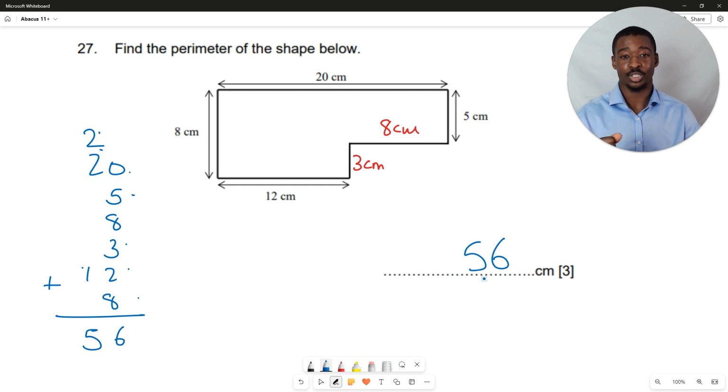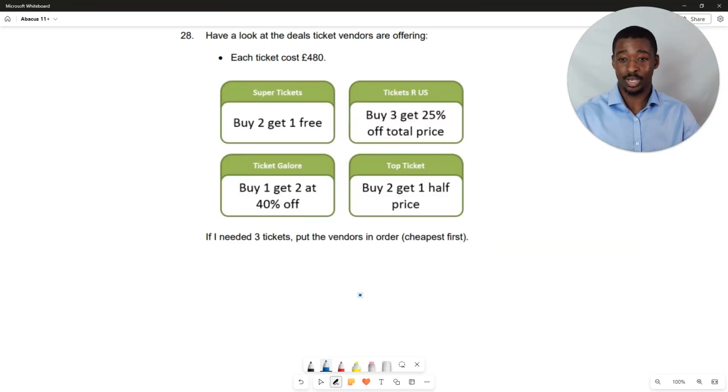So here for our final question, we are told to take a look at some of the deals that these vendors are giving us. So let's see how good these deals are. In fact, we're told if we needed 3 tickets, we have to rank the vendors from cheapest to most expensive. So let's go through these vendors and see which one gives us the best deal, the best bang for our buck. So each ticket costs